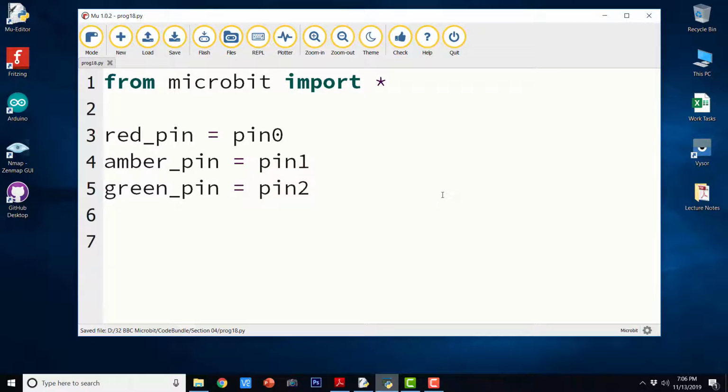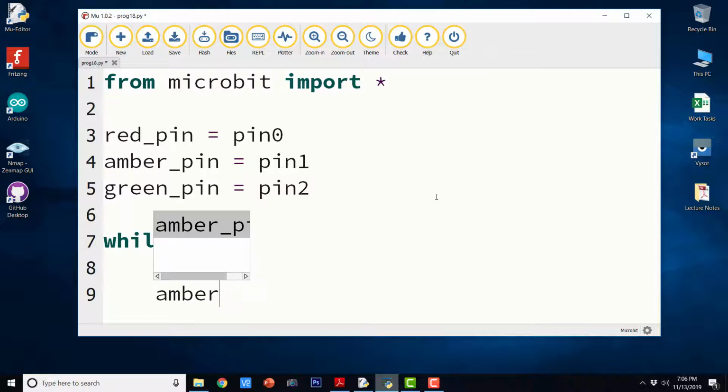Now let us write a loop. So say while true. So this is the perpetual loop. As long as it is connected to power, it is going to work as traffic light.